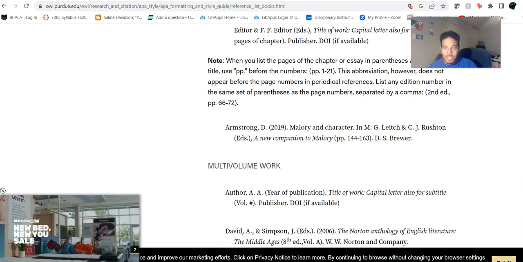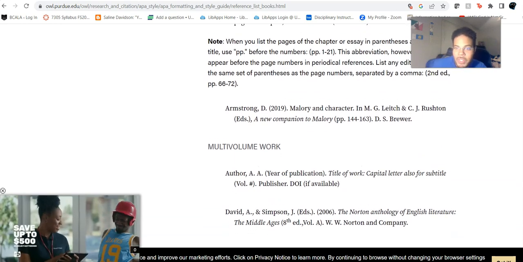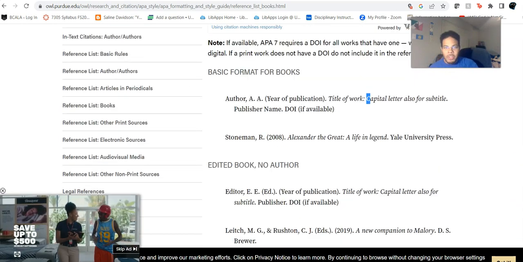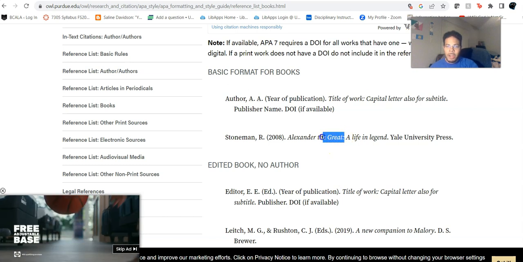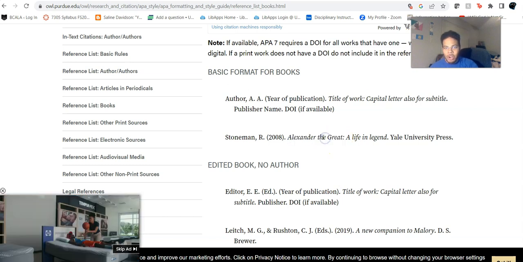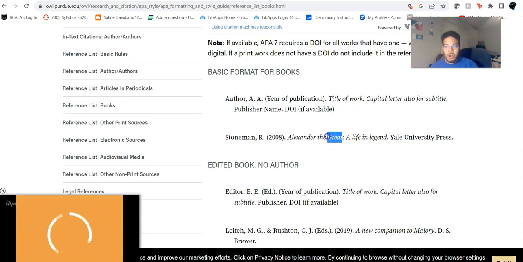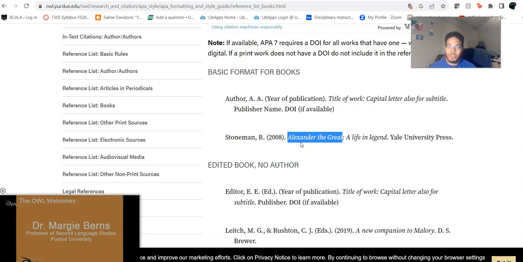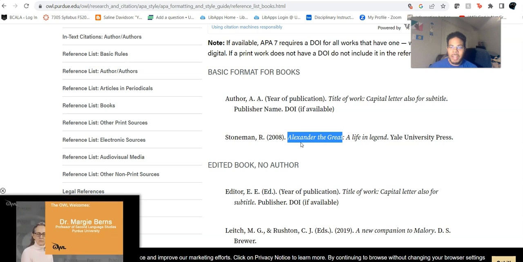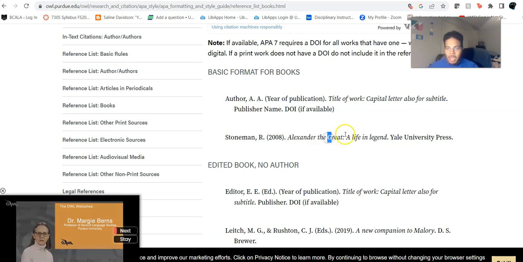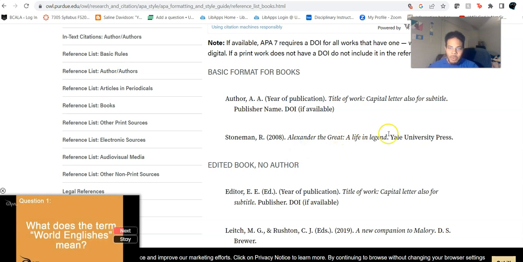So for instance, Alexander the Great was actually a great example up there. So Alexander the Great, because it's an article, the is still lowercase, but Great is part of the name that Alexander is known by. He is known as Alexander the Great. And so even though in the formal name of Alexander the Great, the is lowercase, Great as a major word is still capitalized. So that is why we have this here.